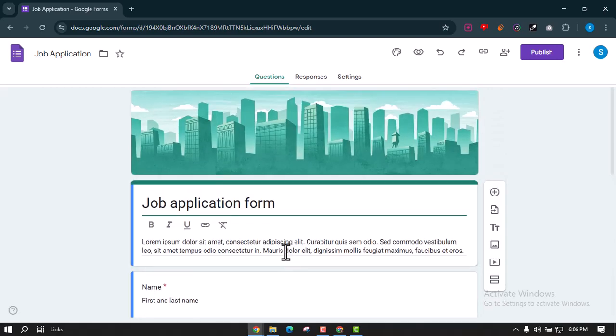So yeah, this is how easily you can create Google Forms, and once you're done with it, you can share